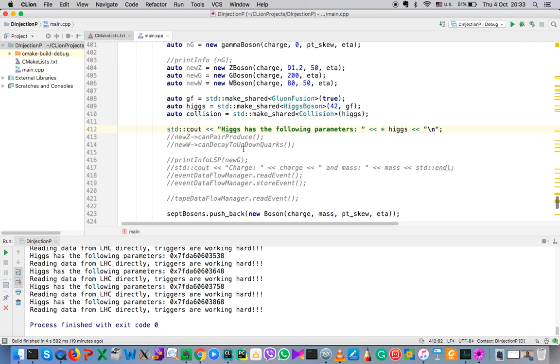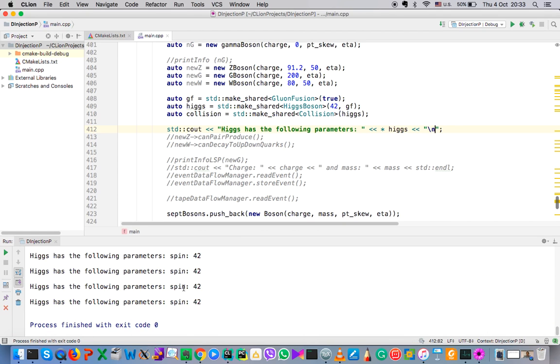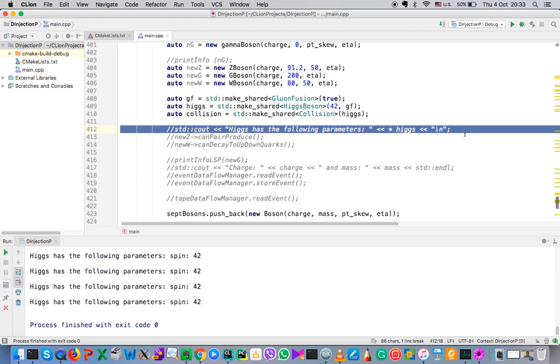And let's see, it should print us that the spin is 42. Alright, spin is 42, everything is perfect. Now,